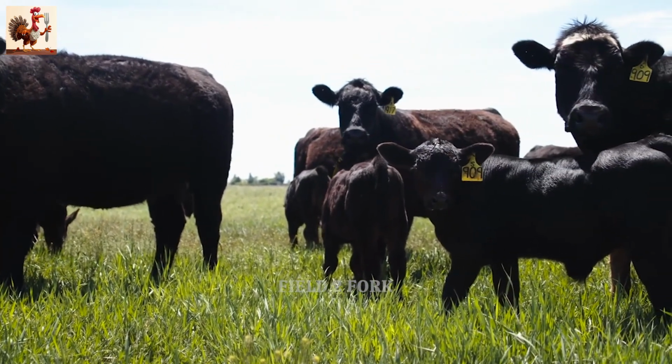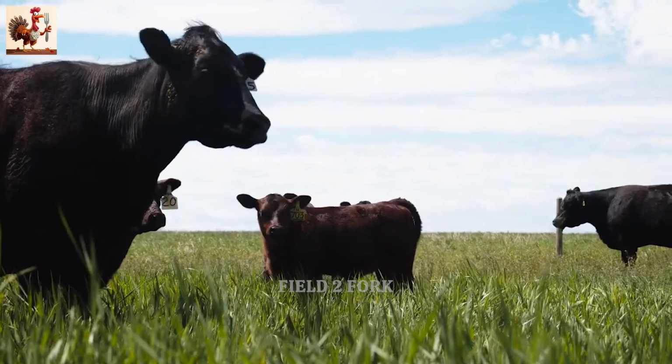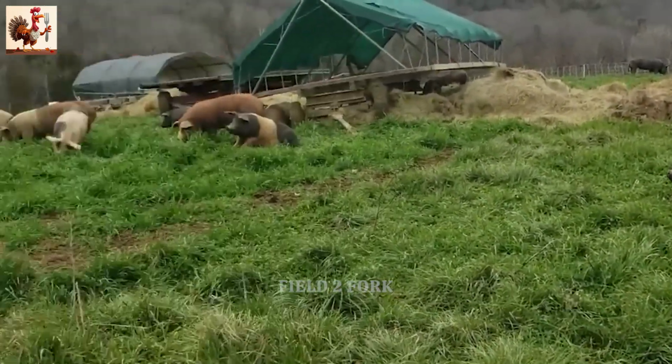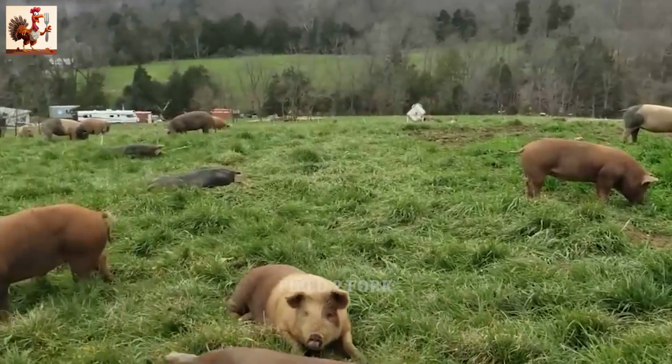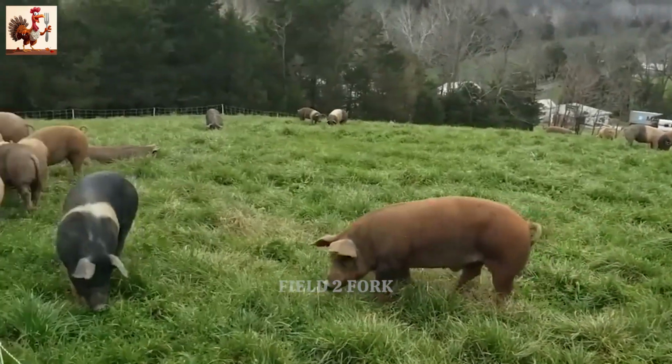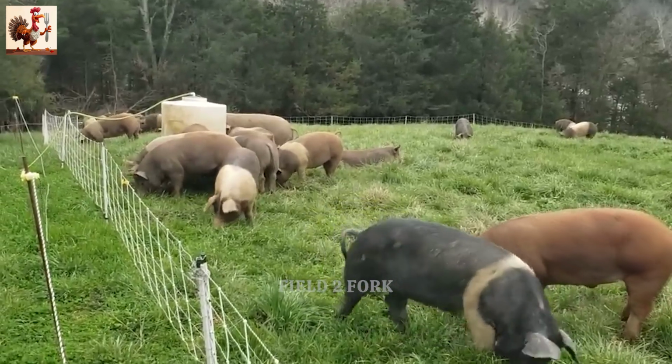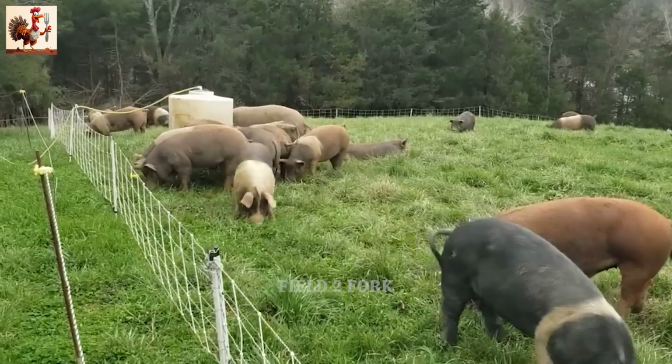The diet and living conditions of the animals play a significant role in the flavor and texture of the final product. For instance, pigs might be fed a mix of grains and vegetables, contributing to the quality of the pork. The care given to these animals is reflected in the taste of the sausage, making this initial stage crucial for